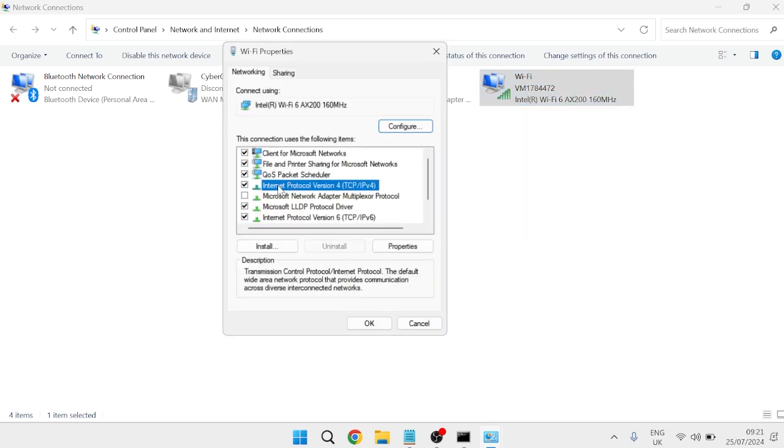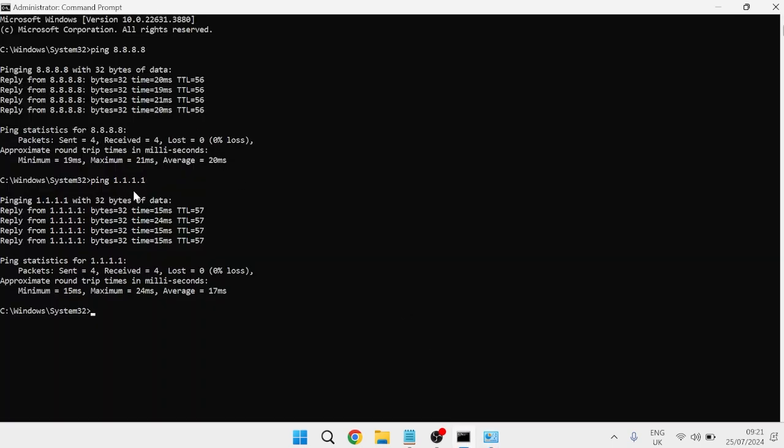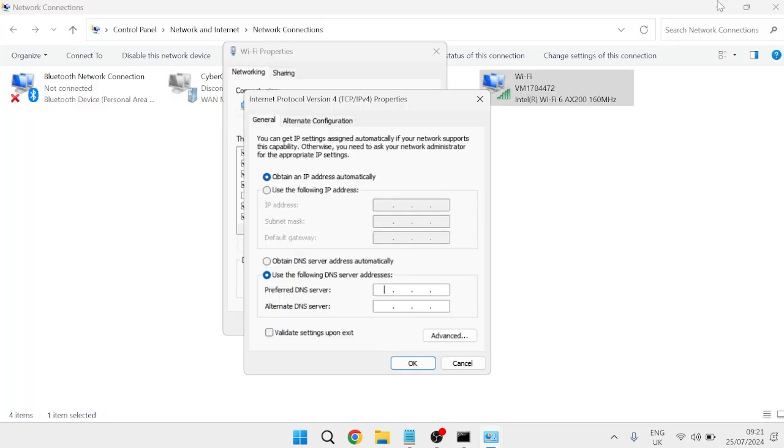Inside of here, come down to Internet Protocol Version 4 and select this. Come over to Properties, and then right at the bottom here, we're going to change this to Use the following DNS server addresses. Now come back over to your command prompt window, and if you found this 1.1.1.1 to be the quickest out of the two, we need to come back over to here and just type in 1.1.1.1 and then type in at the bottom here